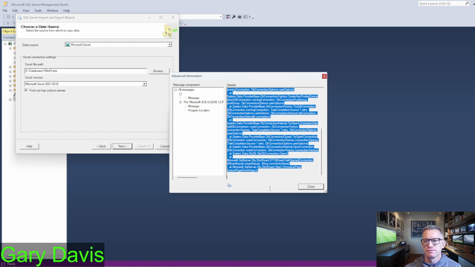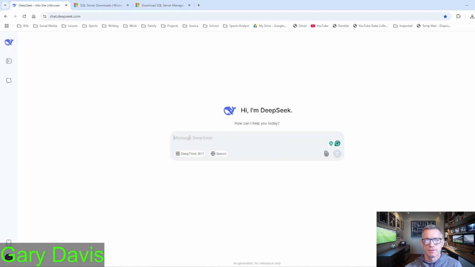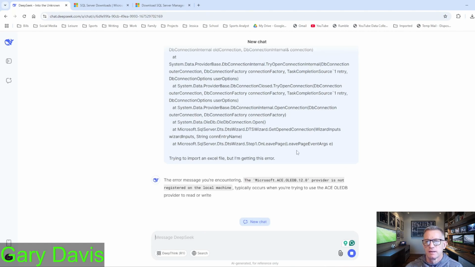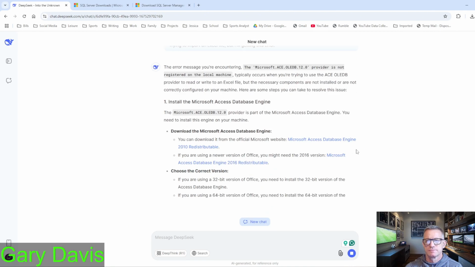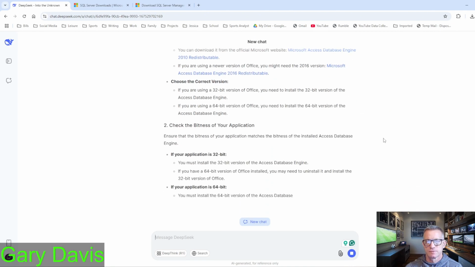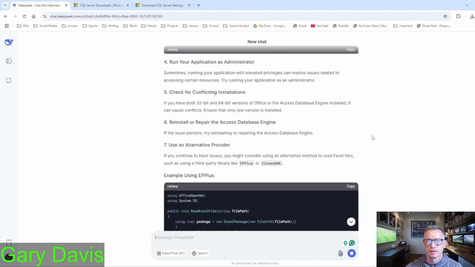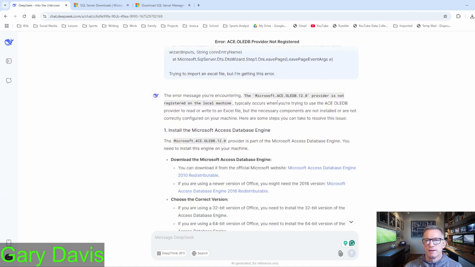We're going to copy this, and what we are going to do, we're going to use DeepSeek, and we're going to paste this in here, and we're going to tell it we're trying to import an Excel file, but I'm getting this error. So the error lies here